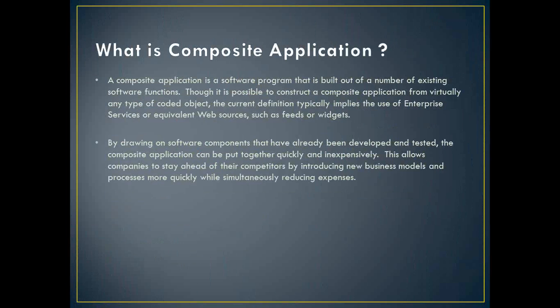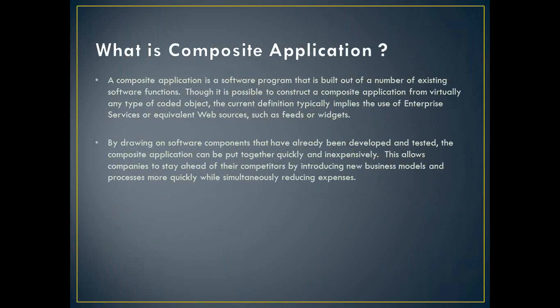Though it is possible to construct a composite application from virtually any type of coded object, the current definition typically implies the use of enterprise services or web sources such as feeds or widgets. By drawing on software components that have already been developed and tested, composite applications can be put together quickly